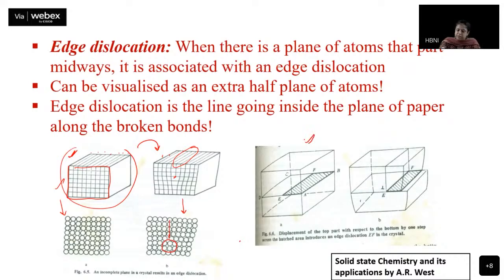Suppose this cubic crystal is there, and you try to imagine it. Suppose you have this particular crystal, you have cut it this way, that is along the plane A, B, C, D. Not cut it, just try to imagine that I have an upper part and then I have a lower part. And then I also cut it this way, along this particular line. Again, not cut it, just try to imagine.